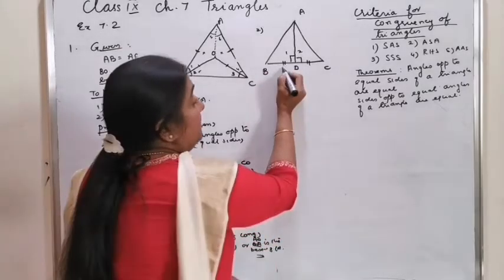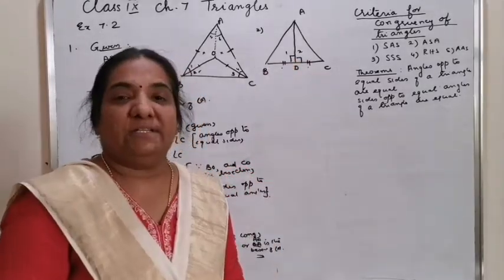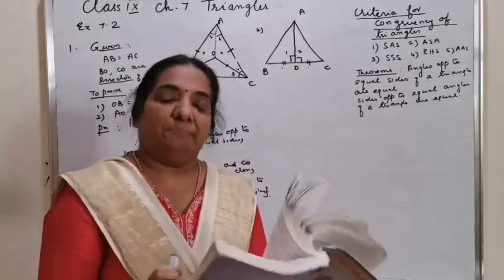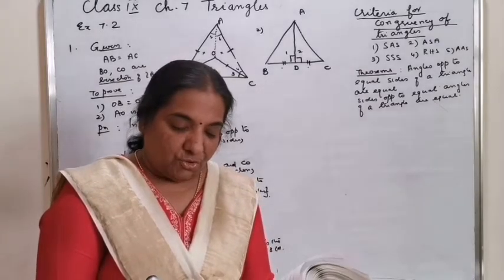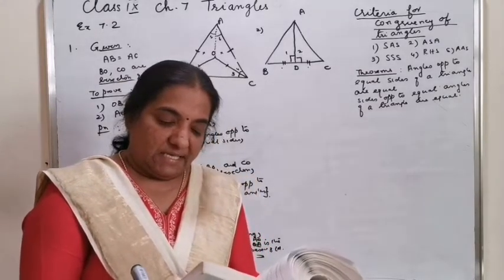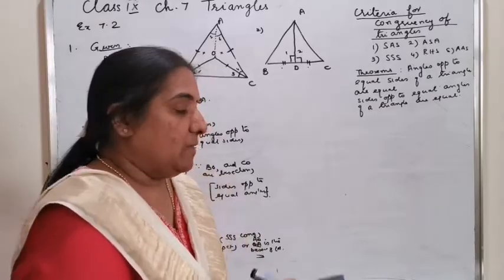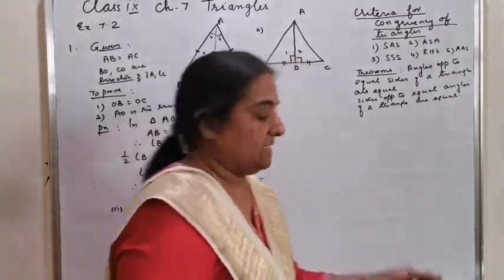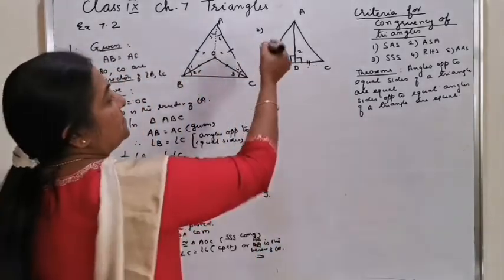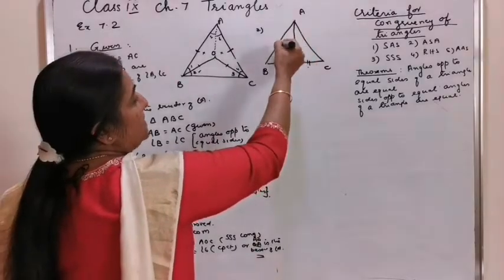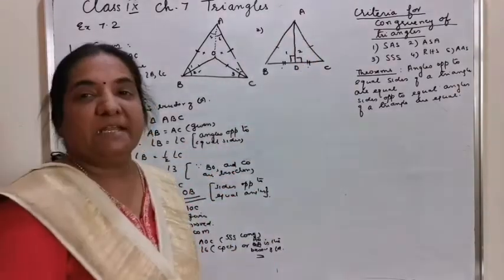At the same time, BD and DC are also equal. That's the meaning of perpendicular bisector. Show that triangle ABC is an isosceles triangle with AB equal to AC. That means you have to prove that triangle ABC is isosceles,